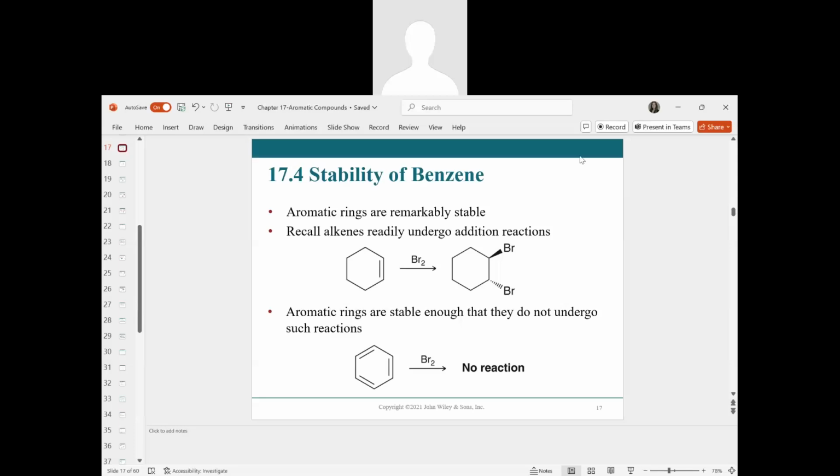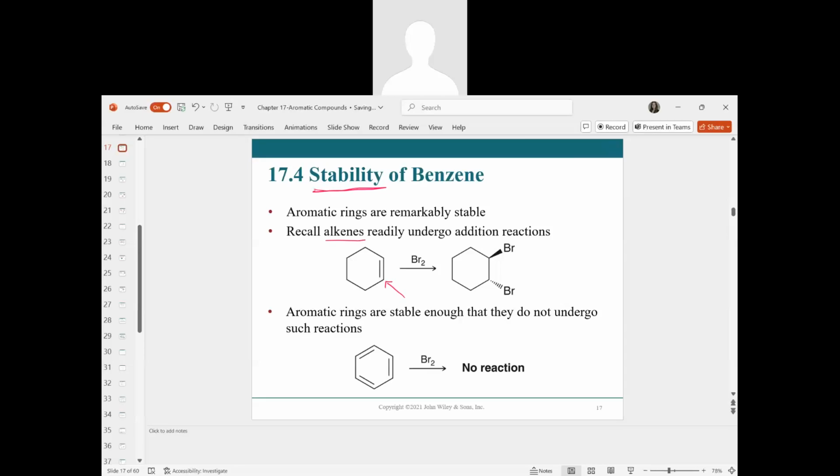In this next section, 17.4, we're going to review benzene and specifically benzene stability. Aromatic rings in general are remarkably stable. We'll begin with benzene and then expand to other aromatic compounds. We should compare first that alkenes, which have only one double bond, so that's what we see here in